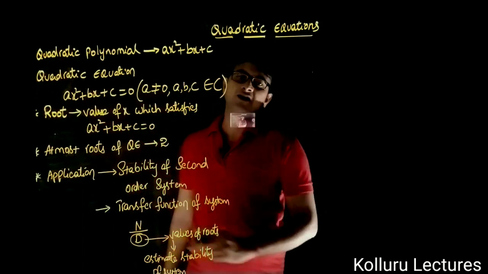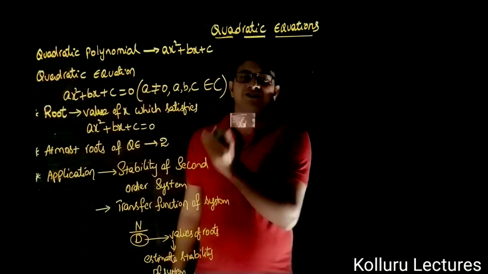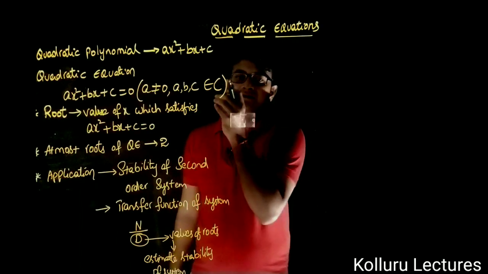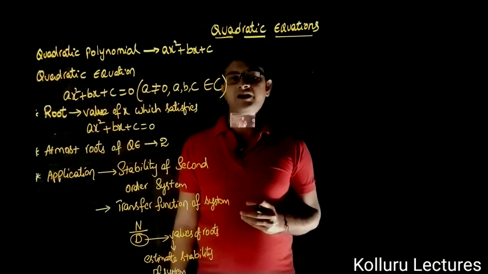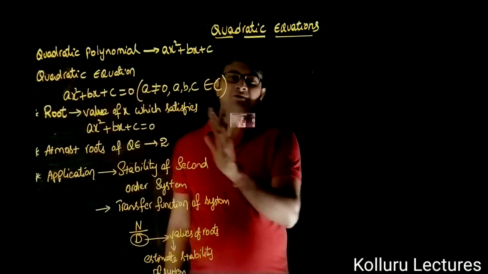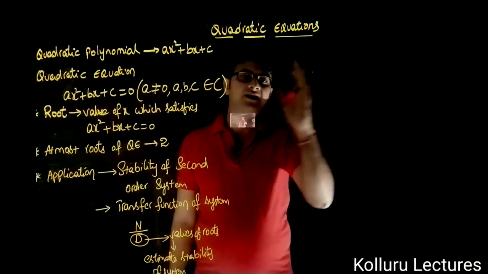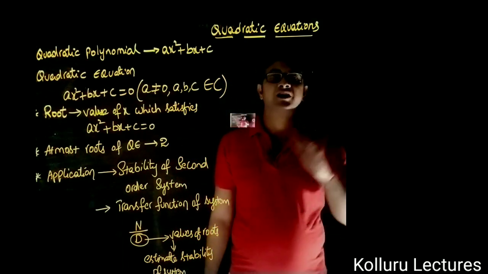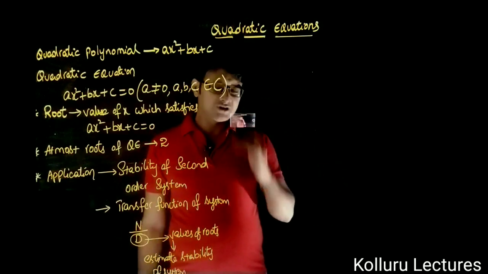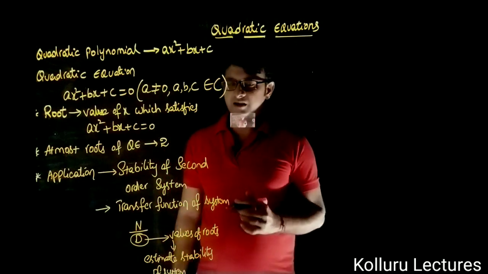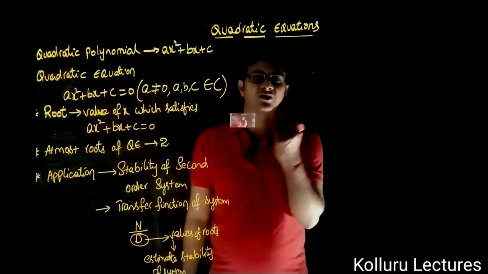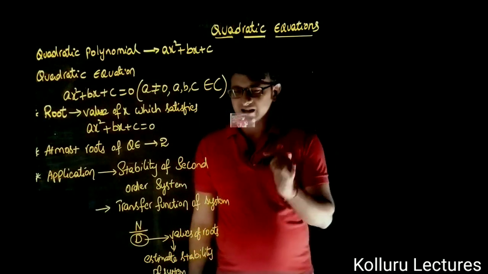This is the very basic need of the control systems, especially in the subject of control systems in terms of engineering. So don't consider it as only mathematics. Kindly relate it to some other engineering domains also. And then one more thing which I want to say is, here we are speaking about some transfer function, some second order system. So here the second order system is nothing but always it deals about,